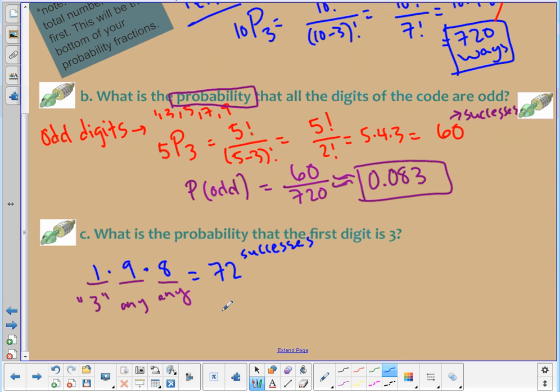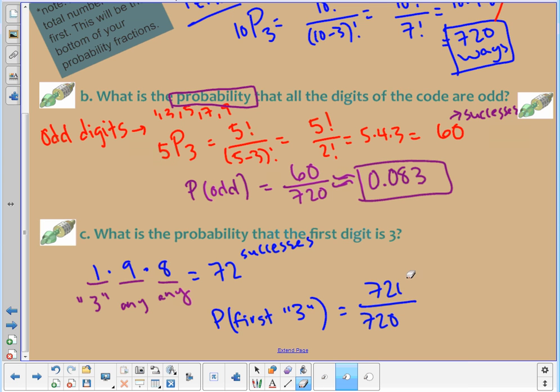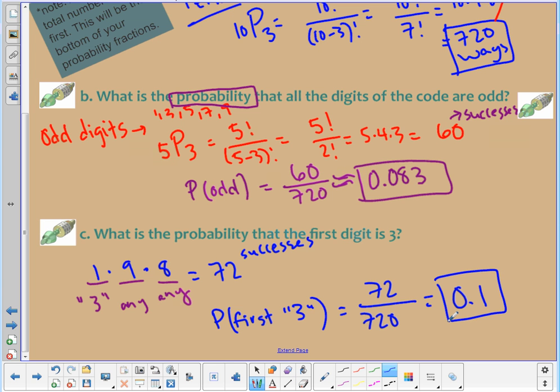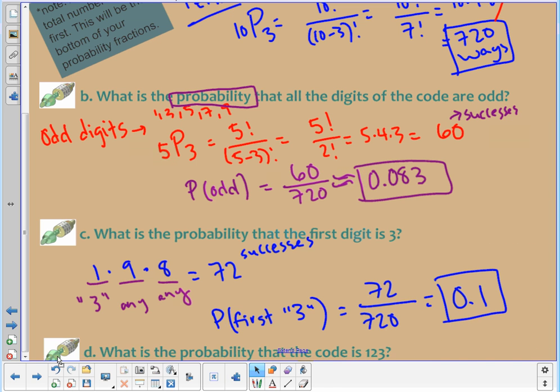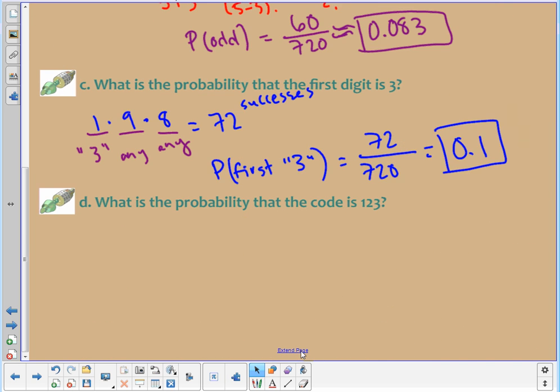So then my probability of the first digit being a 3 is 72 out of, oops, 720 is my total. I almost wrote the total on the top there. So 72 out of 720, which is 0.1, and we don't have to round there. Then if I look at part D, the last part, what is the probability that the code is 1, 2,